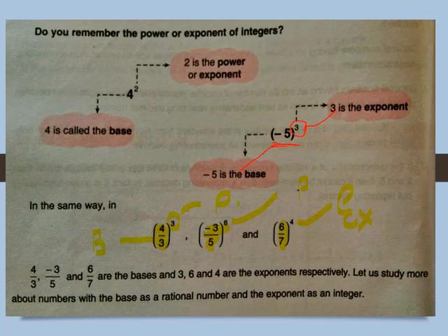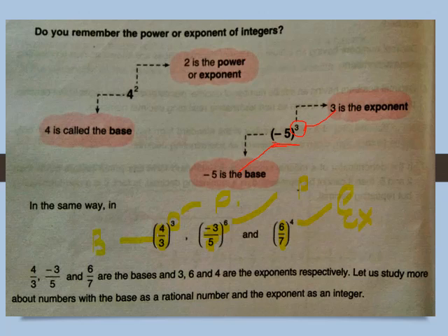If you remember, in the previous standard, you have learned about the powers or exponents of an integer. Integer means whether it is a positive or negative number, doesn't matter. But it is a simple number. So here is one example for you: 4 raised to the power 2. 4 square, or 4 raised to the power 2. The power number is known as the exponent or power, both are names of the same number. And the one which is at the bottom is called the base. So here 4 square means 4 raised to 2. 4 is the base and 2 is the power or exponent.